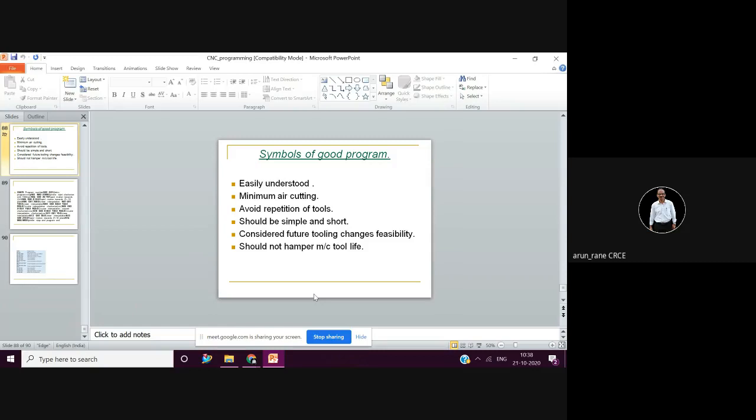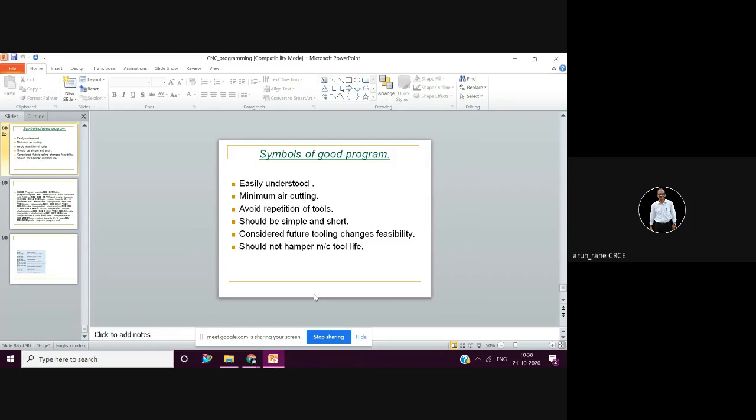So you can play with your speeds and feeds. Suppose you keep the override switch at 200%, the machine will work at double the speeds and double the feed. So you can override your spindle speed as well as your spindle feeds. These third shift people will always work at 200% speeds and feeds, so that they can complete it within 2 hours. They will not take any rest, no break, nothing.